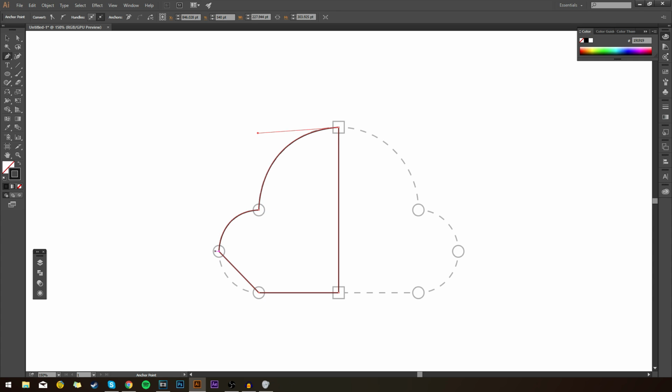Drag this back down. Curve this. Drag this back down. And there you go. Now you have the basic curves of the cloud. And the second method turns out with a more clean finish,